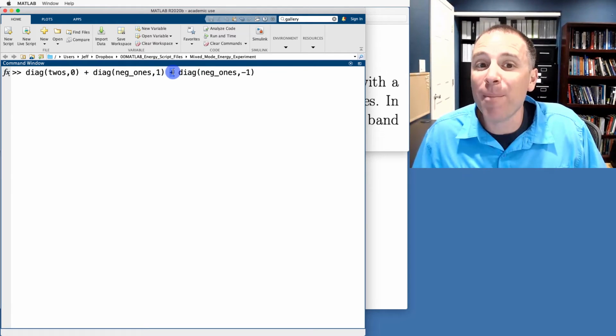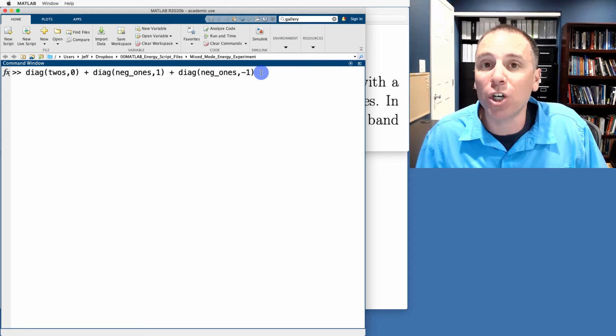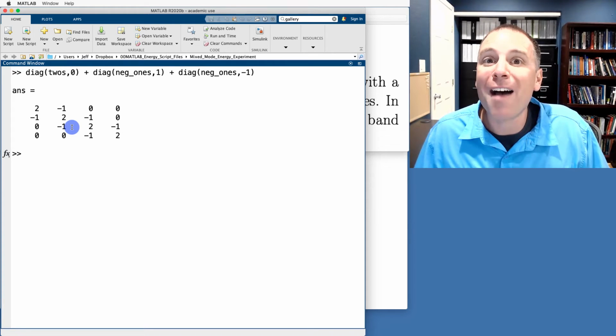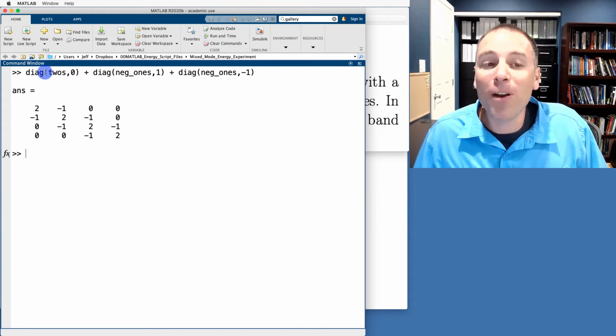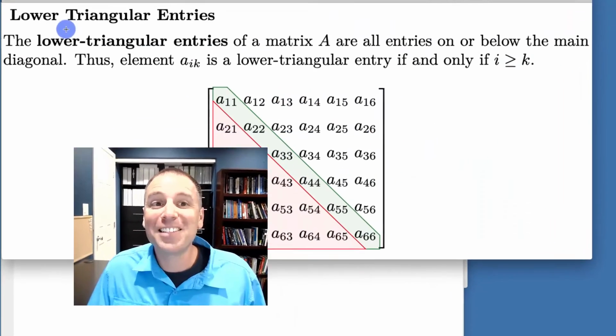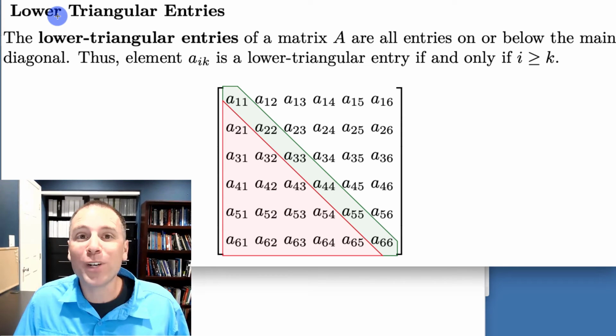We haven't seen a lot about matrix addition yet, but what I want to show you is when I hit enter on this, this allows me to populate a 4x4 matrix where the main diagonal elements are all 2, and then the super and sub-diagonal 1 bands have all -1's. It just so happens this is a famous matrix that shows up in something called finite difference mechanisms. The point of this example is to show you how to exploit the structure of the diag function to do some interesting matrix algebra. Let's keep going with our discussion of matrix anatomy.